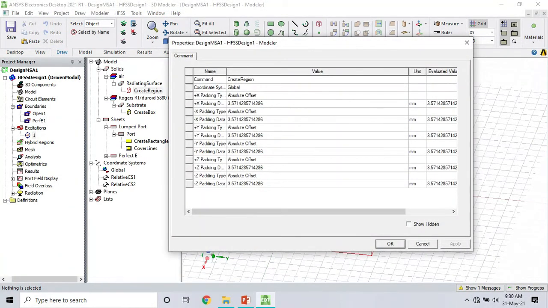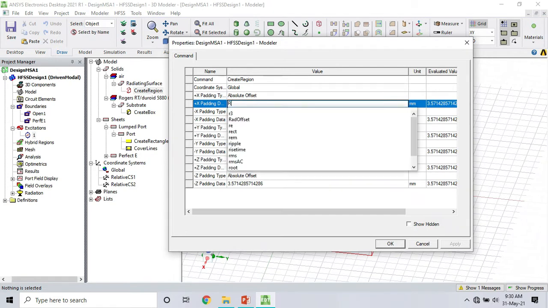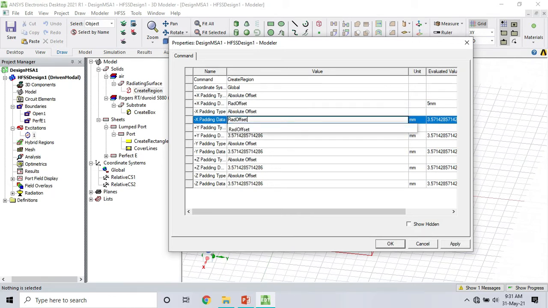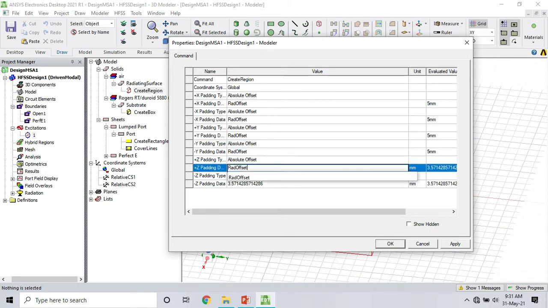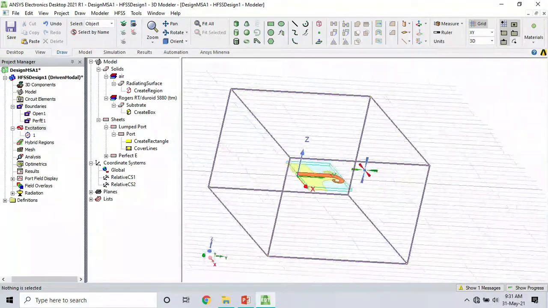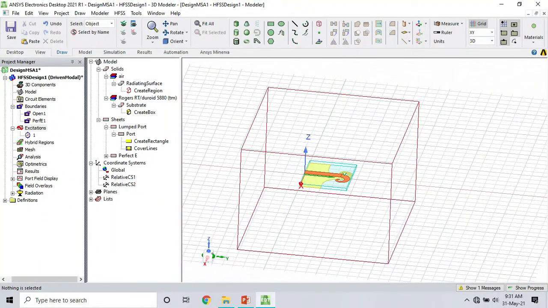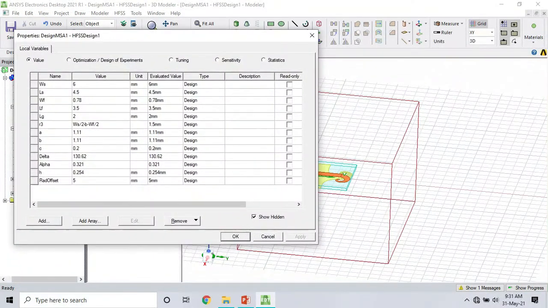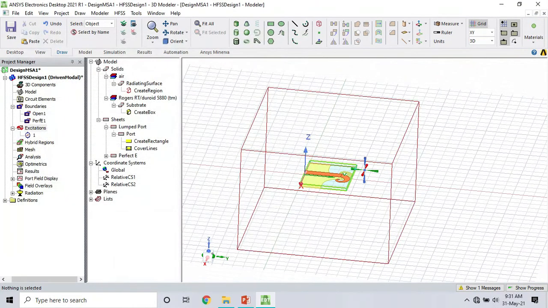Here we have these X padding and Y padding calculated according to the frequency, but we can have a manual offset also. So I had created this variable initially, if you remember, radiation offset. Just copy it and paste it to every padding. Why? Because sometimes we want to check what is the effect of this radiation boundary size. So here we can go and change it. It was around 3 point something, so I have kept it at 5, so it's fine. More than that, no problem.